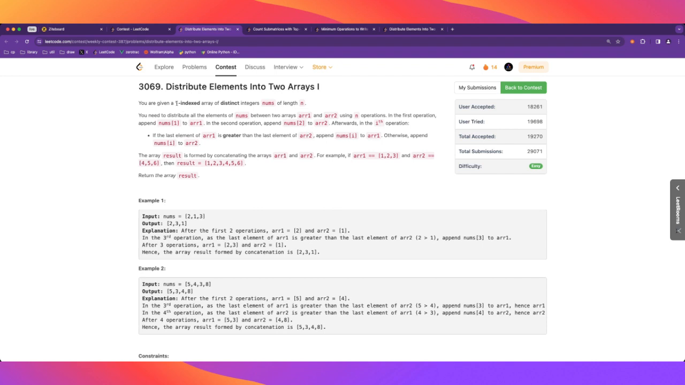Why is it one index? There's no reason in this case to make it one index. Anyways,